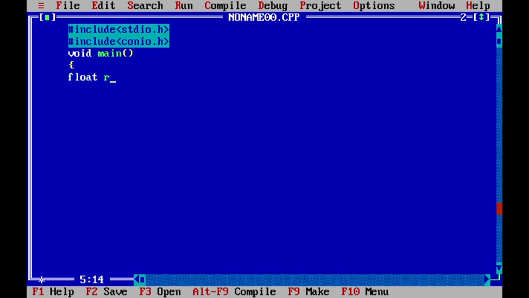For radius we use r, for area we use the variable area, and for circumference we use circum.